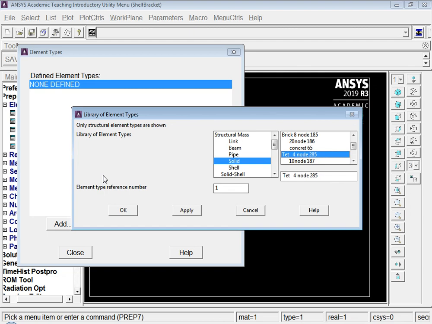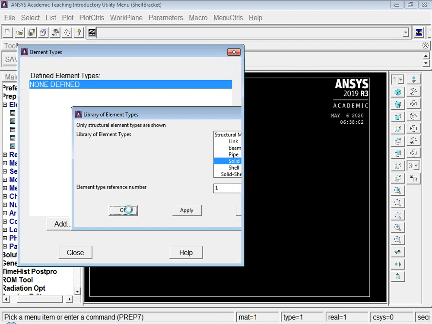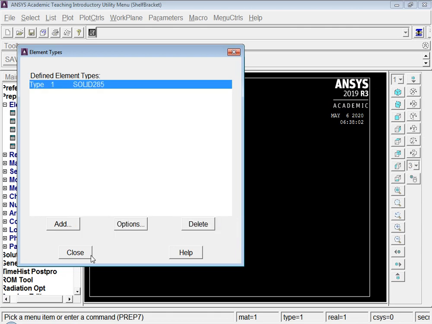Now remember, this is a student version that we are using, so student version has a limitation over how many nodes we can create, how many elements we can create. So just to be within that limit, we'll go ahead with tetrahedron element. We can of course go ahead with brick element, but let us do it with tetrahedron first, so that we don't fall out of the number of elements category. So I'll say okay, solid 285, that is the 4 node tetrahedron element. It's a 3-dimensional element.